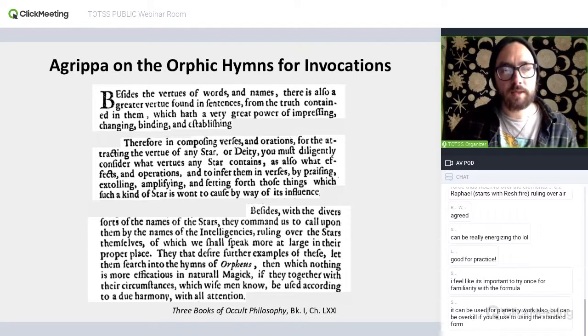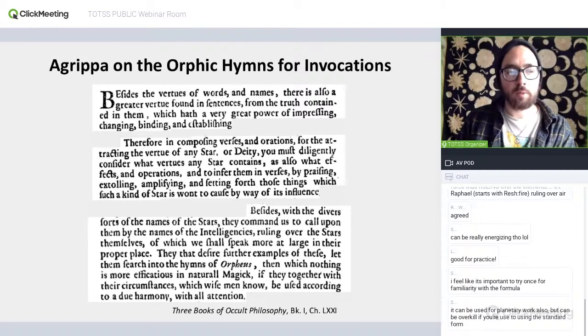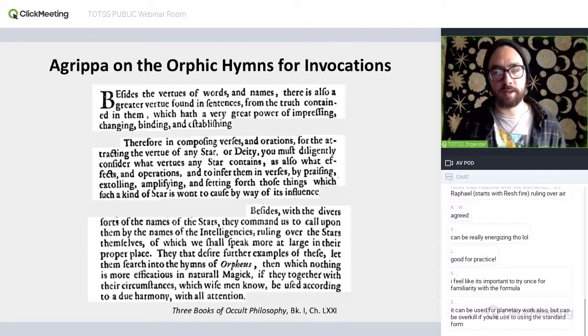Let's see. He says, besides, with the diverse sorts of the names of the stars, they command us, and here he's talking about the ancient magicians, the sages, they command us to call upon them by the names of the intelligences ruling over the stars themselves, which we shall speak more of at large in their proper place. They that desire further examples of these, let them reach into the hymns of Orpheus, than which nothing is more efficacious in natural magic, if they, together with their circumstances, which wise men know, be used according to a due harmony with all attention. So the hymns of Orpheus, or what we often call the Orphic hymns,